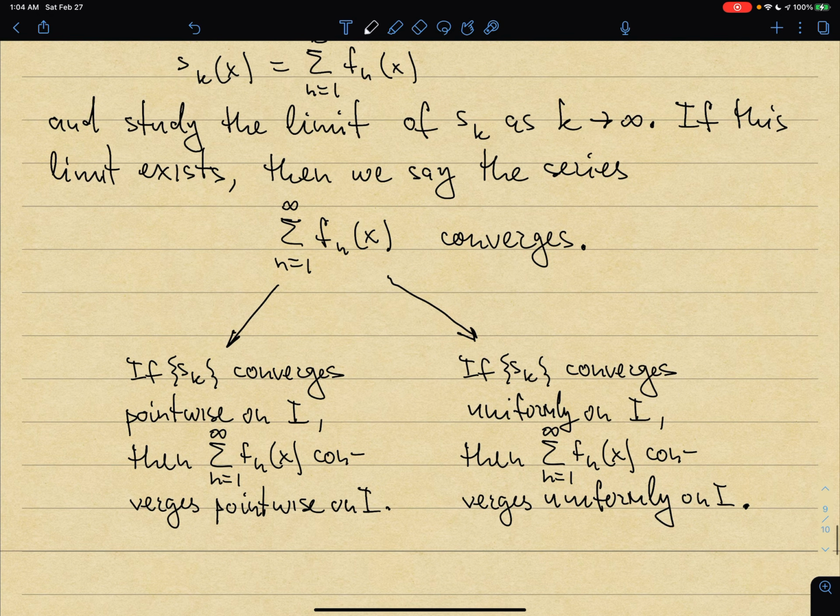Okay, and so the question in this and the next section is going to be always related to this fact: what kind of convergence of our series do we expect. And depending on the type of convergence, you would expect that the properties of a limit of a series might change. Okay, but for now, let's talk about pointwise convergence.